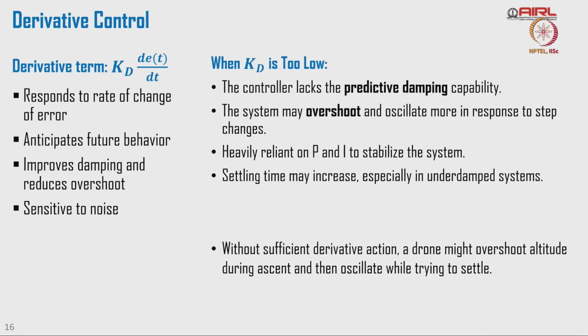But when Kd is too low, the controller lacks predictive damping capability. So, the damping will not be sufficient. If we have a low Kd value, the system may overshoot and oscillate more in response to step changes. It is heavily reliant on proportional and integral control to stabilize the system, and settling time may increase, especially in underdamped systems. When the system is underdamped, we need to tune the damping ratio in an adequate way,